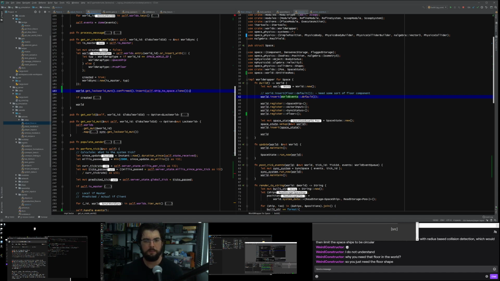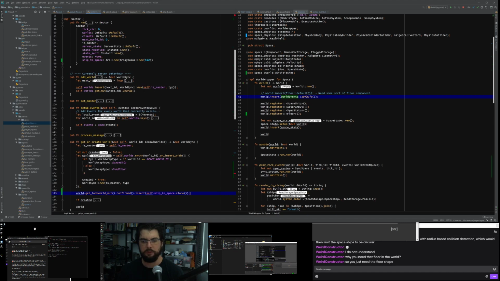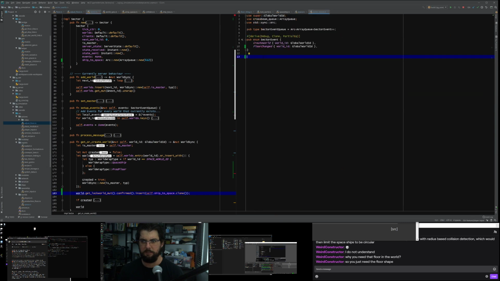Okay, so we've just shoved into this world the ability to send events. We've called it ship to space. I can imagine wanting to put other data in there later. I kind of want to create a data structure for this because it might be easier to understand. So we'll create a structure for this, and we'll call it, I don't know, sector comms.